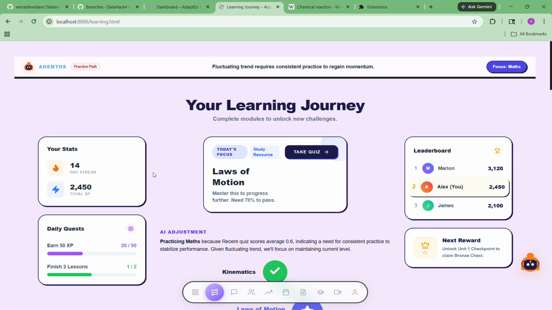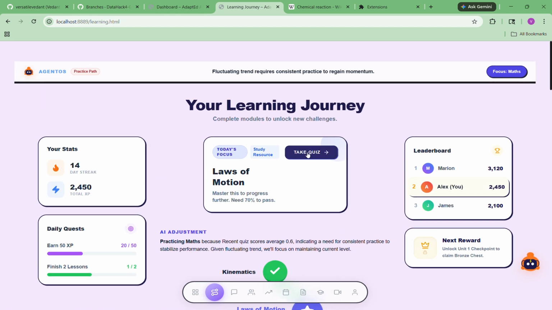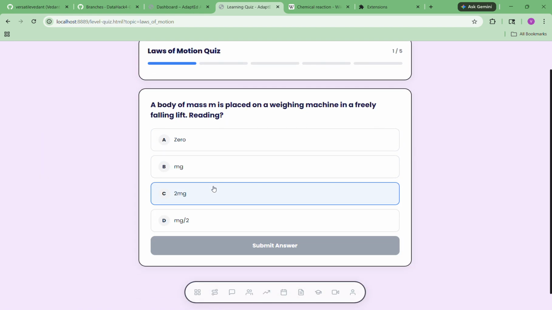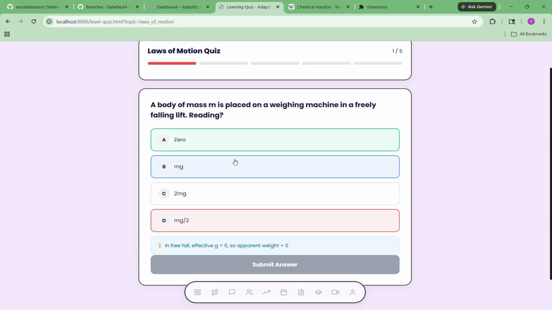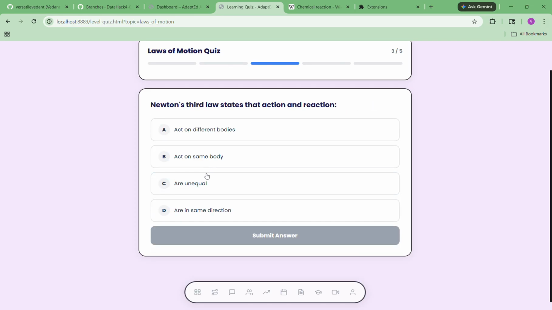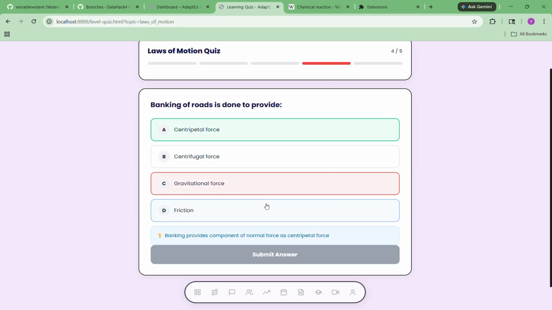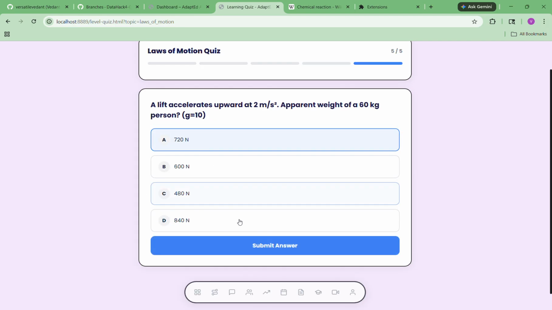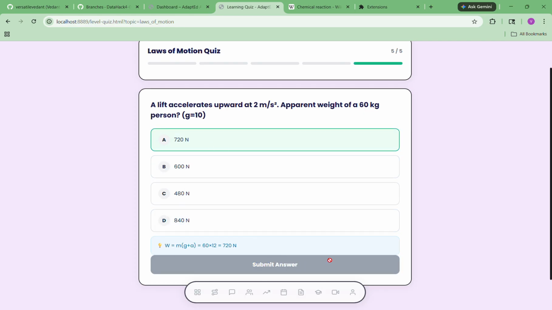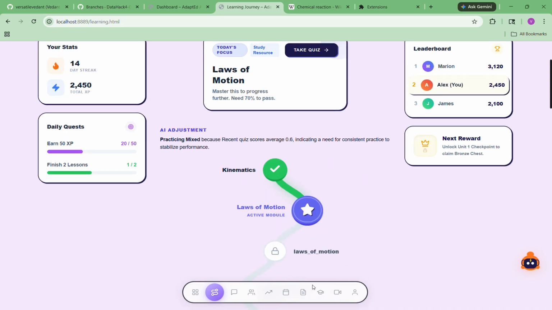And next we go to the learning journey tab, which is a learning path feedback loop linked directly to the resource tab. It also has a quiz in which for the mistakes we made, we get a summary of our answers, whether wrong or right. And the mistakes we make are directly generated in the resources tab. The resources tab can generate content on the basis of these mistakes. So yeah, we go back to the learning path and then we go to the